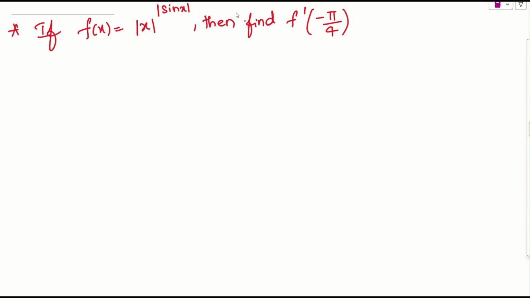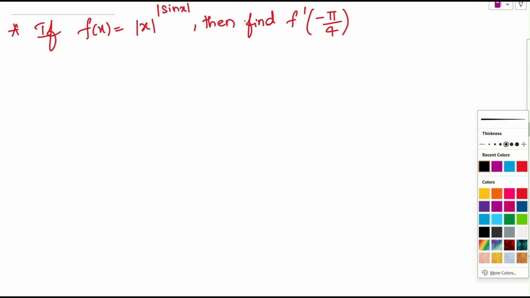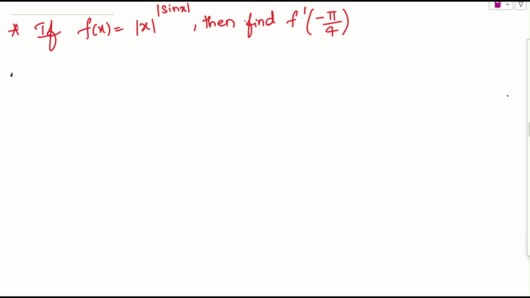If we look into the problem, what they are telling, we have f of x here. Remember carefully, let me write it down. They are talking about f of x being mod x raised to the power mod sin x, and we need to find f dash of x at the point minus pi by 4. Is it okay? So we need to take x equals minus pi